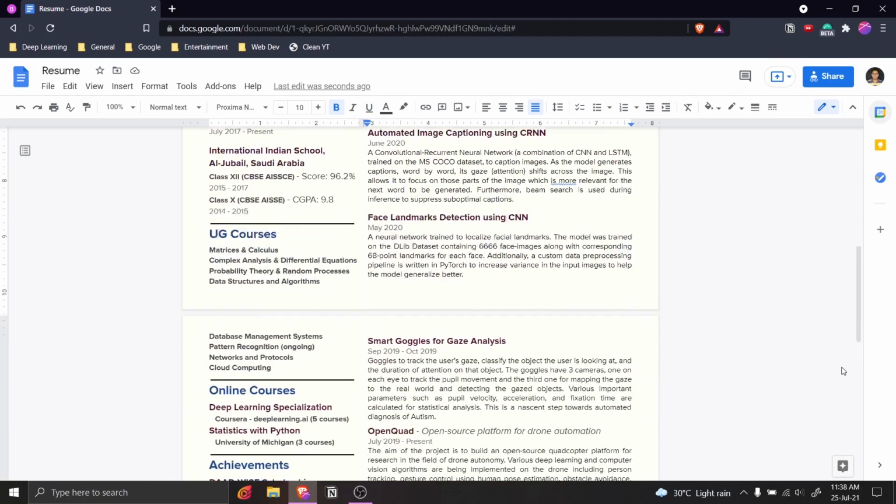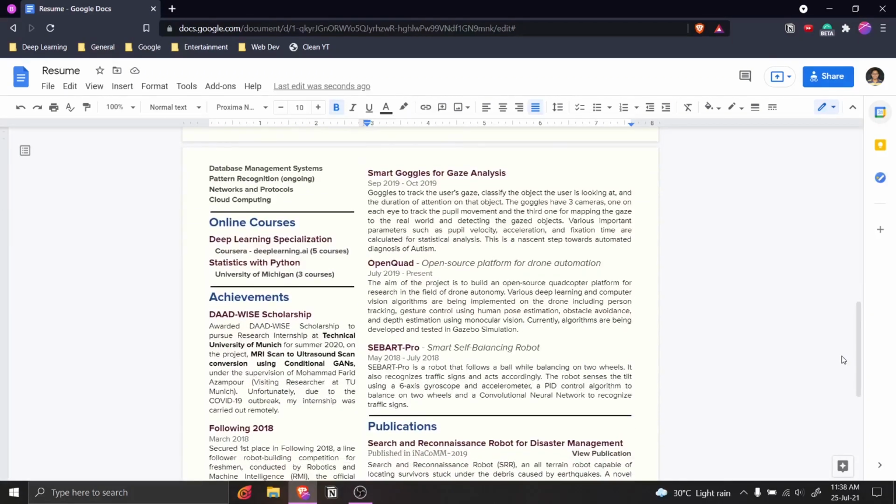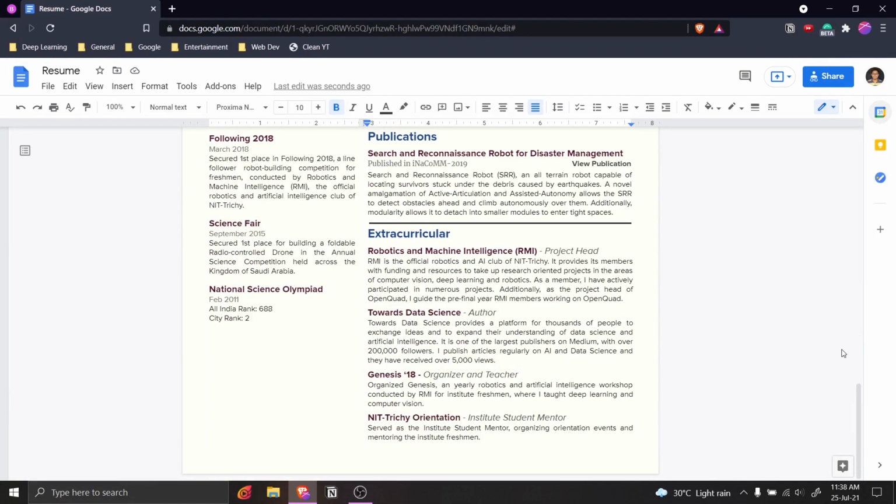This allows me to briefly describe my work in the resume, which I feel is much better than writing just the project titles. Anyways, today I'll show you how I draft my resume using Google Docs. The reason I use Google Docs and not LaTeX is simply the ease of editing. If the resume is easy to edit, the chances of me keeping it up to date will be greater. Now in this video, I will try to replicate the resume that I sent for my MS applications, so you can follow along pretty easily. Enough talking now, let's get started.